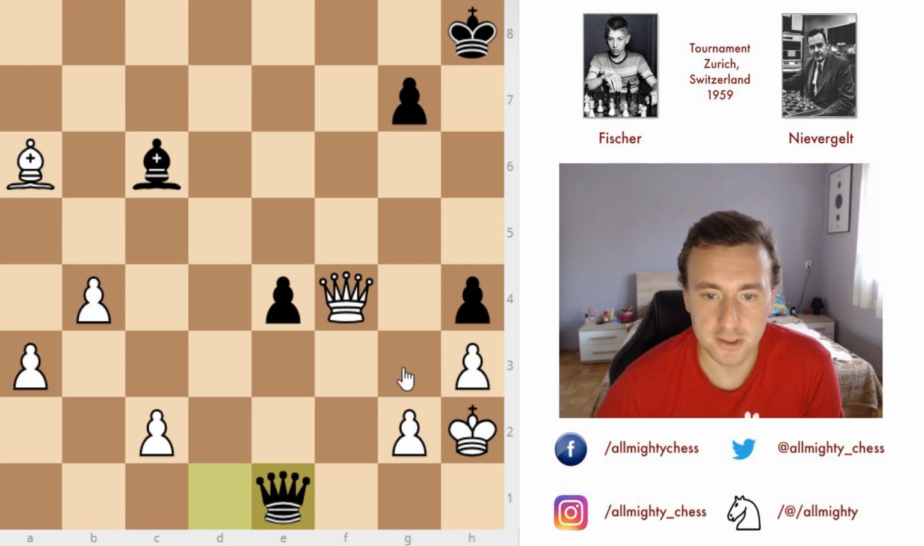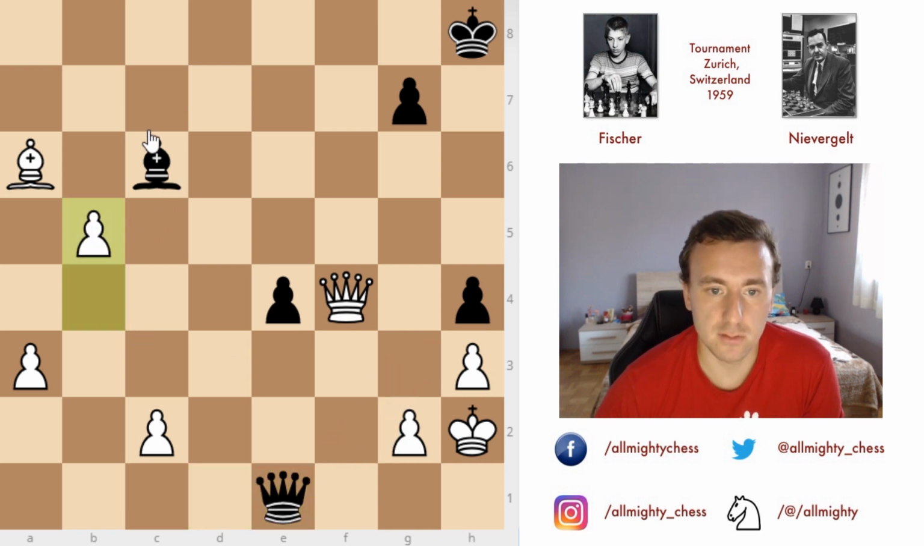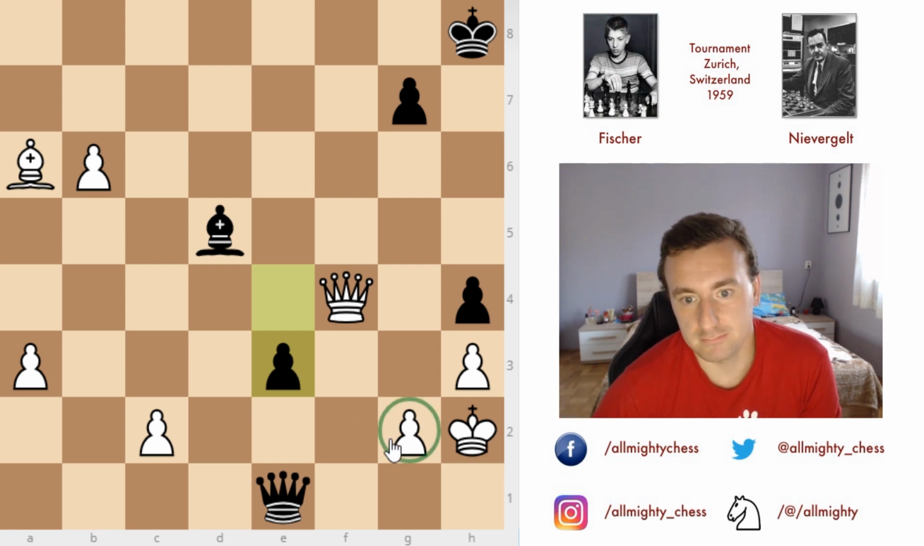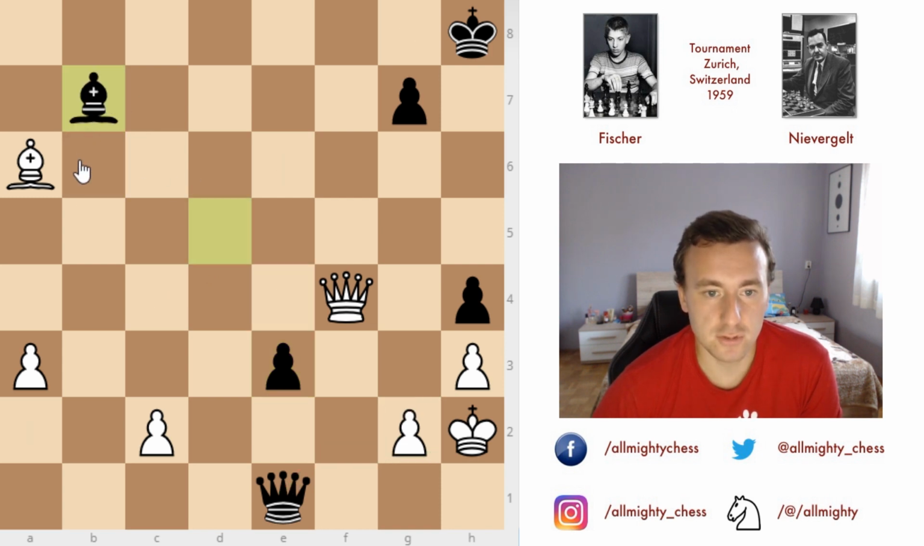Queen to e1, so going for this idea of perpetuals, but now b5, attacking the bishop, bishop to d5, and b6. e3, final chance, let's say final try for Mr. Nievergelt, maybe going for that g2 pawn. If the queen moves, queen g3, queen g2 is checkmate, but Fischer simply plays b7, bishop captures on b7, and